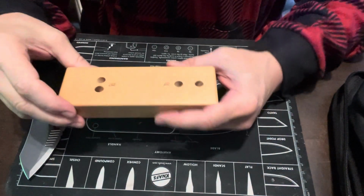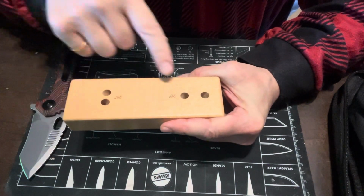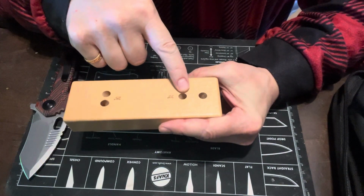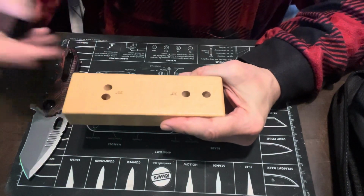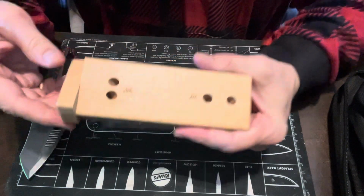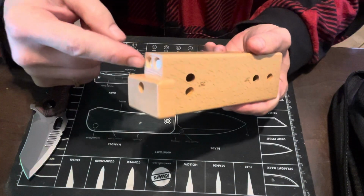Okay, so this is the box that it comes in. It has these two holes here that are a 25-degree angle, and these two holes here that are a 20-degree angle. I pretty much never use this side. It's just way too obtuse. But anyway, the end of it swivels like this, and there's going to be two sets of ceramic rods that